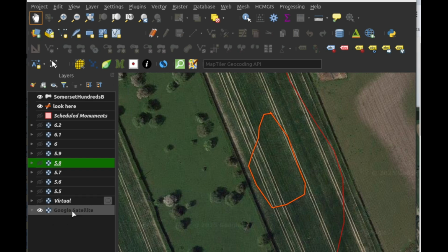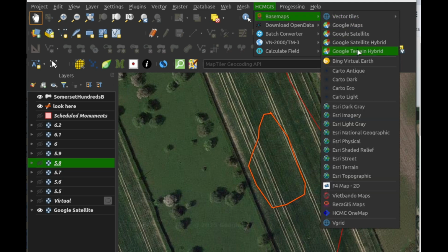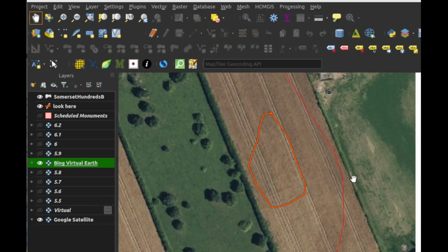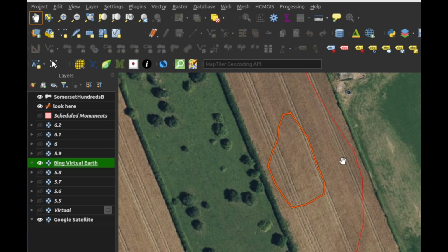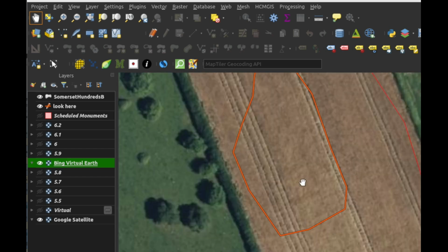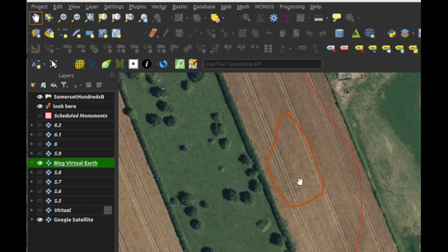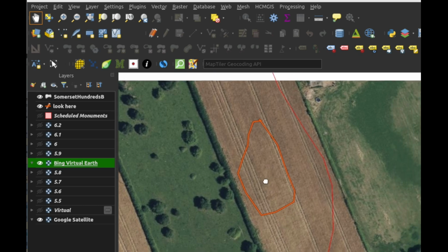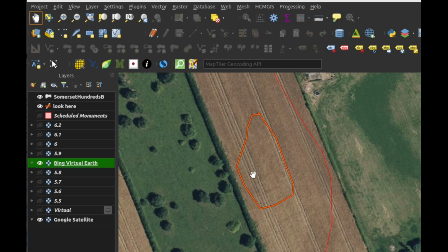Now we've got it on Google Satellite. Let's put it on base maps. Let's put it on Bing. Sometimes that shows up more things. And, oh, I don't know. Is that a crop mark there? Is that a little crop mark in there? Possibly a little crop mark in there. And possibly one going across there. Let's see that going through there, little crop mark. Right, so let's go and have a look at this spot